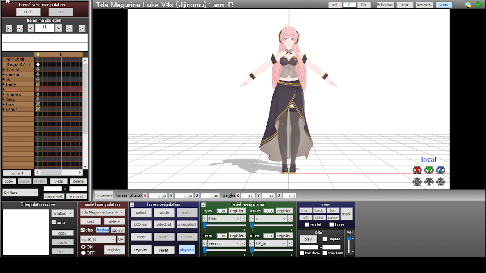For instance, you have file. You have new, open, save, save as, render as a video, render as a picture file, load pose data. That's something that does need some explaining. You have the option, if you make a certain pose for the character, if that's the only thing you want to save, just save that. You have it for motion data, load wave files,